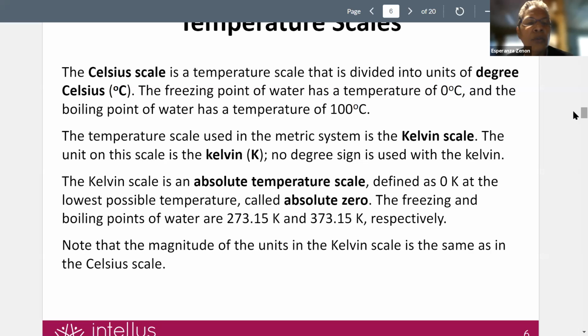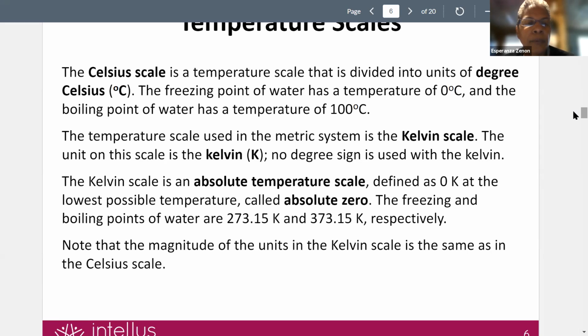And so to overcome that inconsistency that arises due to atmospheric pressure, we turn to the Kelvin scale, okay? And notice they give you some very specific scientific literacy information here. When you talk about the Kelvin scale, you do not use a degree sign. So notice we said degrees Celsius, that little circular symbol is for degrees. But when you're doing Kelvin, you don't do that, okay?